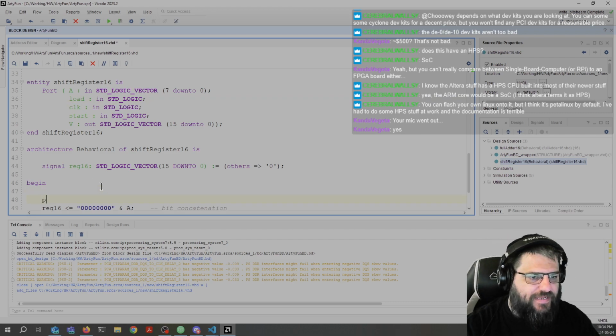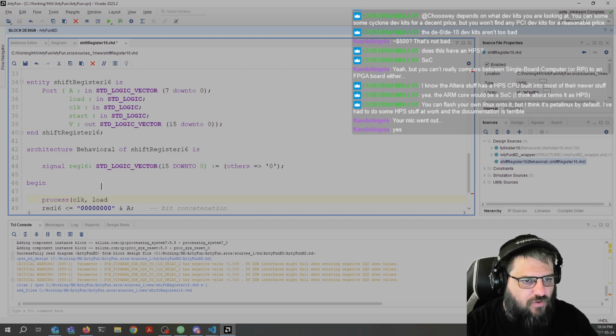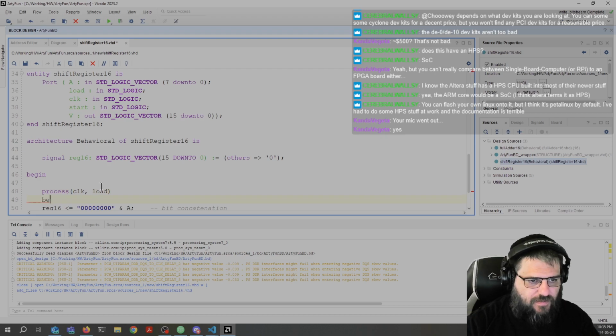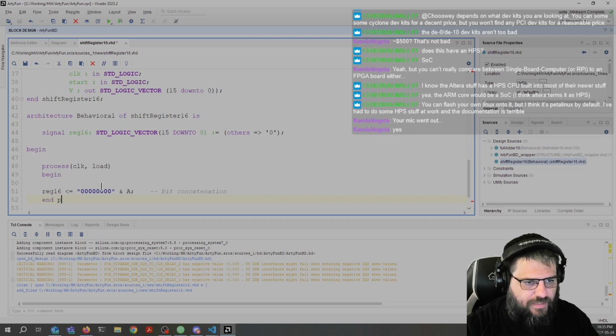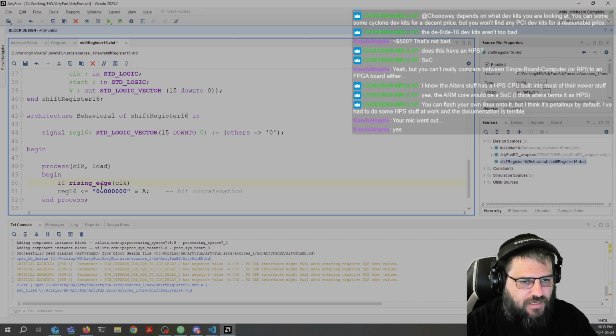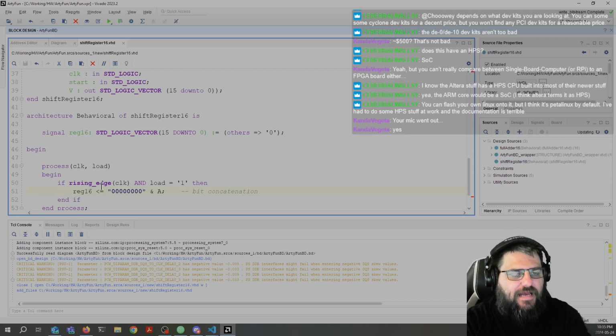So how do I do that? I need a process that will look at the clock, the load, and begin, end process. What do we do? So if rising edge of clock and load equal 1, then, end if. Okay, so right now the only thing